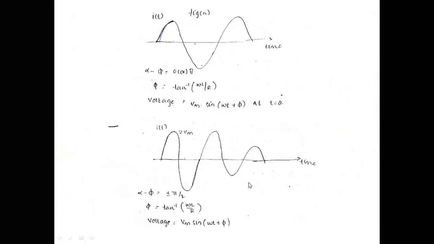Now you see here how the doubling effect will be. This is the best example. So alpha minus phi is equal to this one. In both the cases, current i(t) is given. First of all, you need to choose alpha minus phi equal to 0 or pi, where phi is equal to tan inverse of omega L. So voltage v is equal to Vm at t equal to 0. Now you see here, you will have only Vm. So this figure explains the doubling effect.